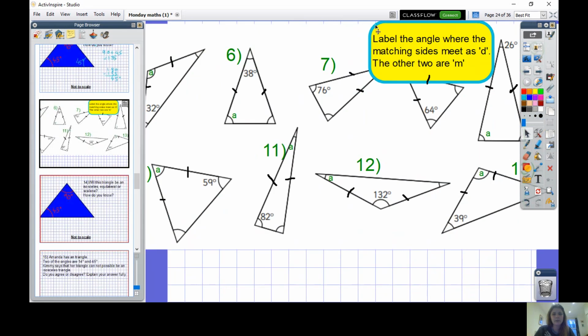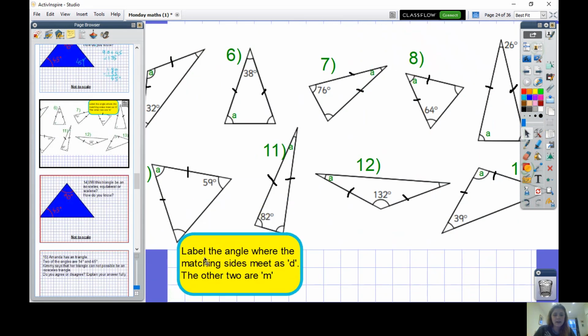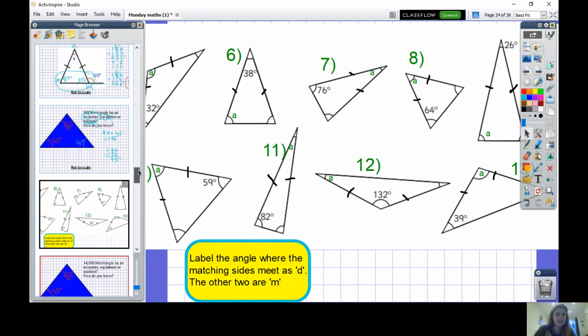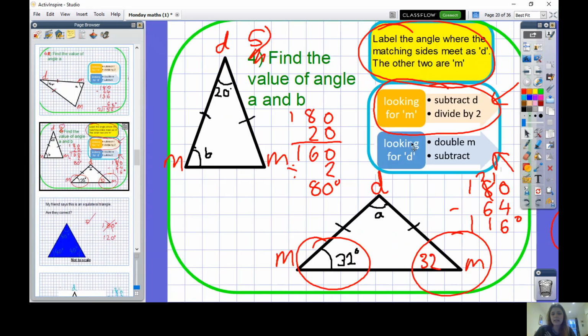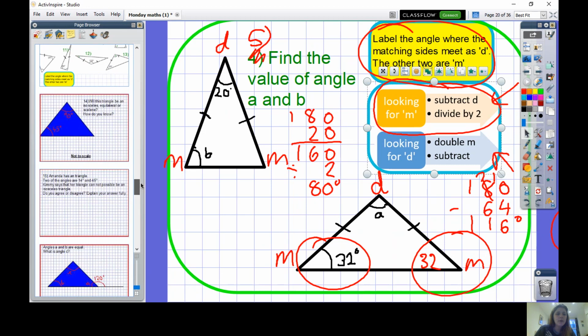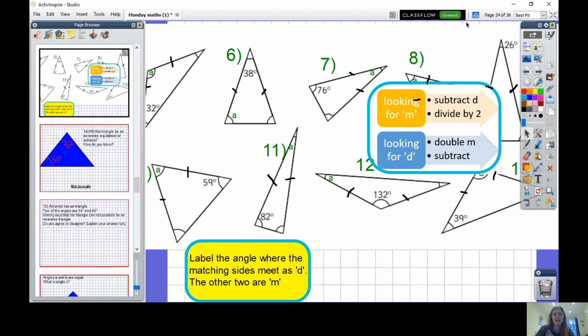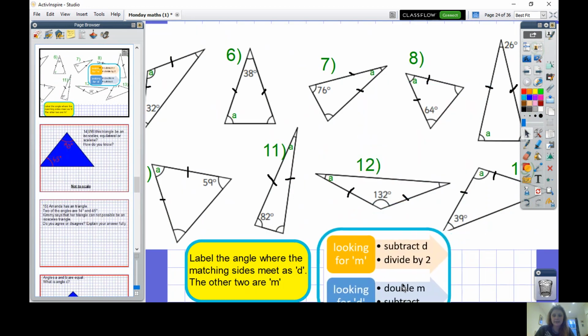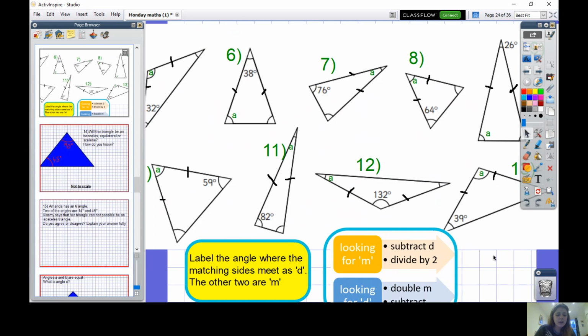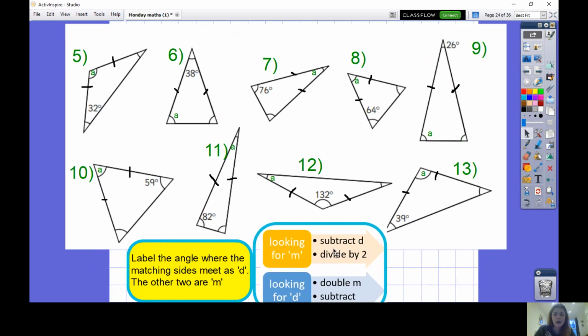I think this will be really helpful. First, remember, the very first thing you need to do is label the triangles, whether you're looking for the different or the matching triangles. Once you know whether you're looking for the different or matching angles, then you're simply following these 2 steps here. Okay, so have a go at these questions, and if you're struggling, unpause the video in